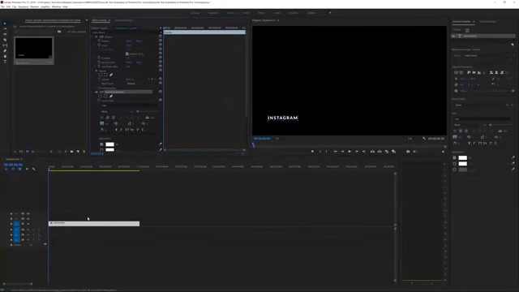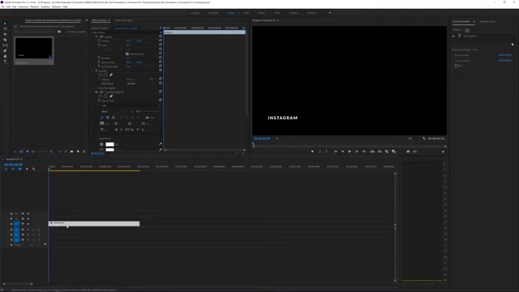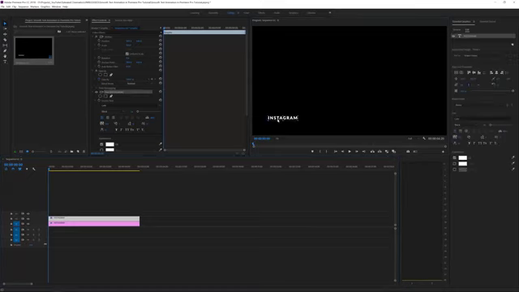Okay, so we have our first text. What I want to do is actually click on this layer in my timeline, hold Alt and drag one on top of it. Now we have two different layers, and on that second layer I actually want to change my text layer. First I will go to my selection tool, click on that text and actually hold Shift and drag it down like this. Then I want to go to the text tool again and select that text, double click to change it,